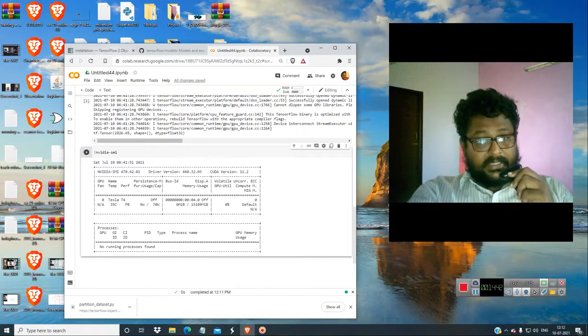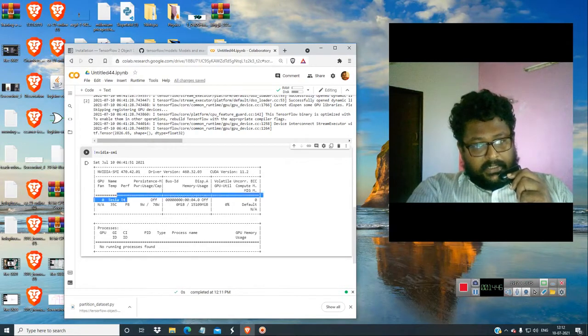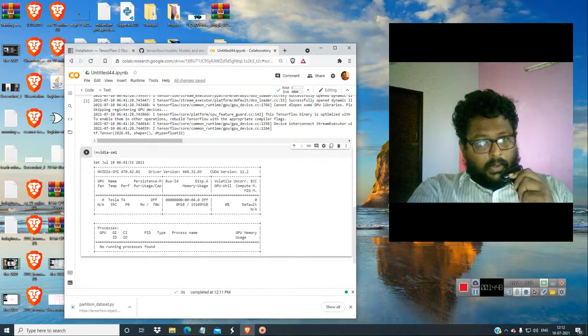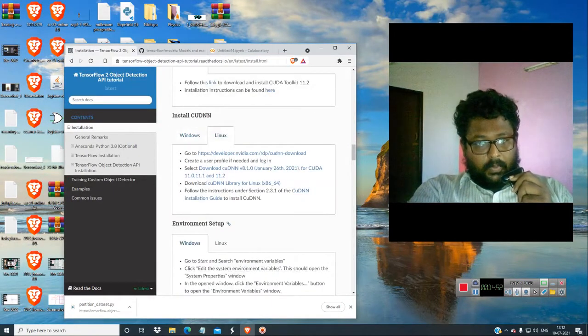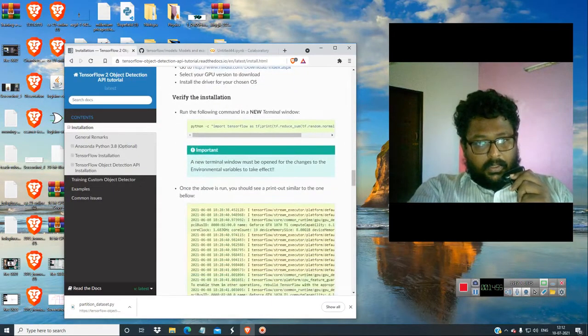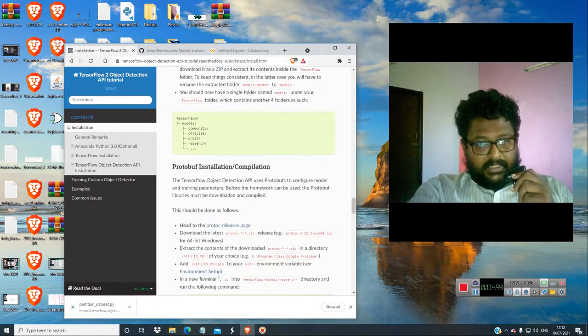We are just preparing the dataset now. I don't know how they installed TensorFlow with T4 and CUDA 11.2, but they have installed it. So CUDA is also installed, and with everything installed, we can verify the installation.